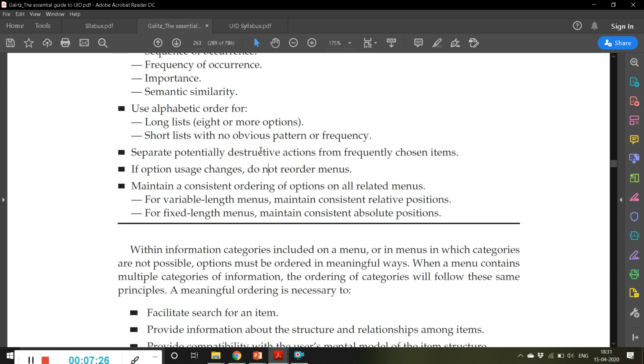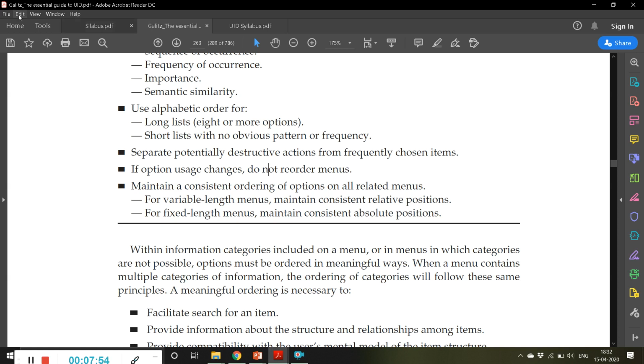Then separate potentially destructive actions from frequently chosen items. The meaning here is, if some menus are frequently used by the user, and immediately next to that there is one more option for deleting or cutting or something like that.